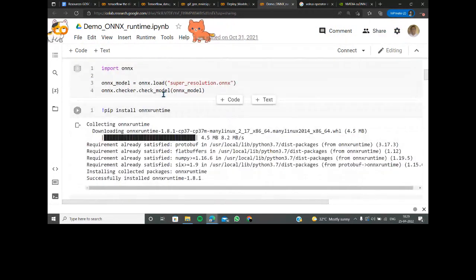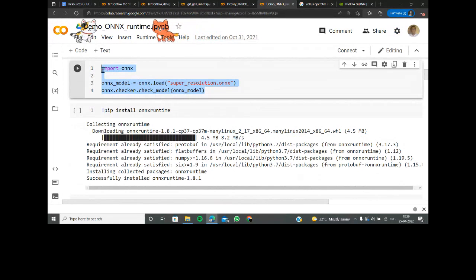ONNX Runtime has a huge demand in the market because for any targets, any deployments, irrespective of the drivers installed on the entire production environment that we are talking about right now, the deployment is done seamlessly without any hiccups in the deployment process. So back then, when you're thinking of all these kinds of applications that you're going to write and have in your production environment, this kind of notebook comes into the picture where you are automating through some scripts. That's where ONNX comes into the picture.